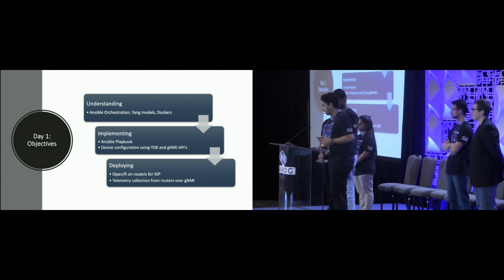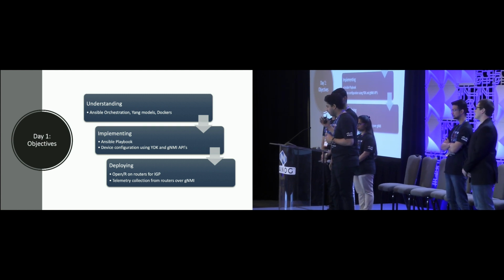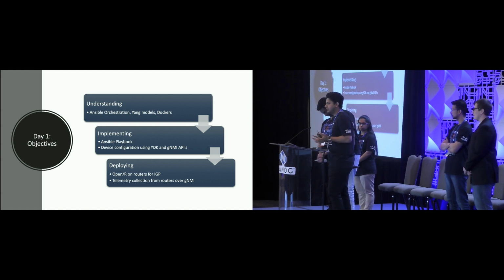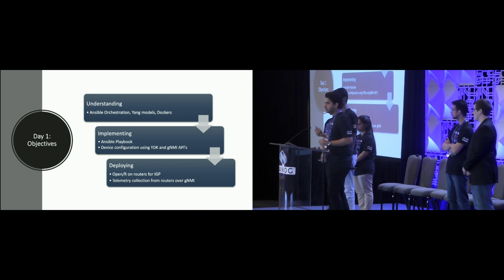And then we move on to day 1. So once the IPs and everything were configured, day 1 revolved around provisioning services like BGP and OpenR, and all this using a master Ansible playbook. It used YDK and gNMI APIs, and we then had to deploy OpenR as the IGP, and also set up a telemetry collector which would fetch all the network health information in real time and feed all that information to a Kafka consumer, which would be set up later.